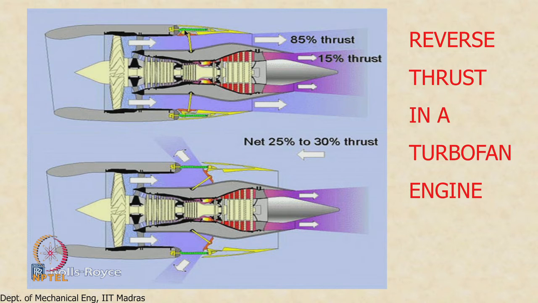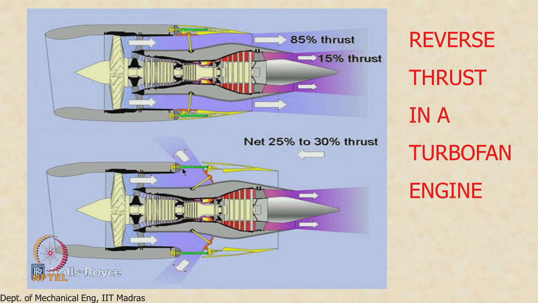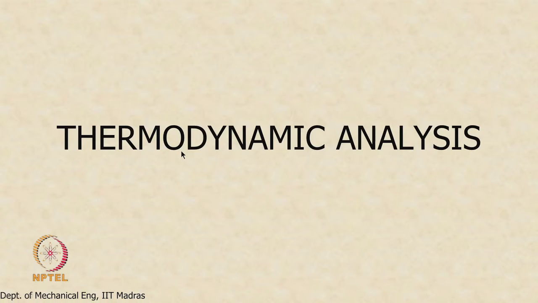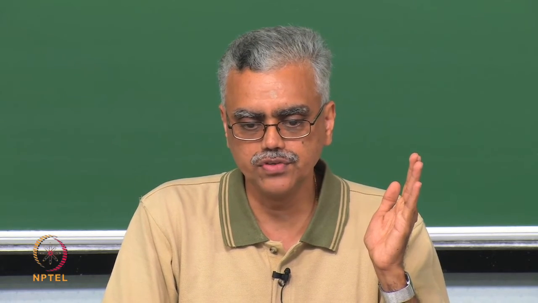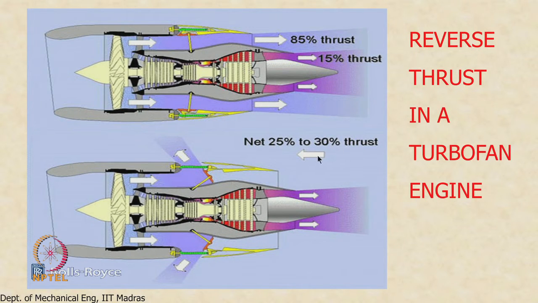Okay? So what is normally done is, here is the fan stream, and you can see a unit here. This is actually something like a cascade of blades, and this is the normal operation, and when the thrust reverser is deployed, we can see this cascade, and the air is deflected through the cascade. So the cascade is like a set of stator blades which deflect the flow like this, right? So it deflects the flow. It's a set of stator vanes which deflects the flow this way, right? And then it gives you about 25 to 30% thrust in the forward direction.